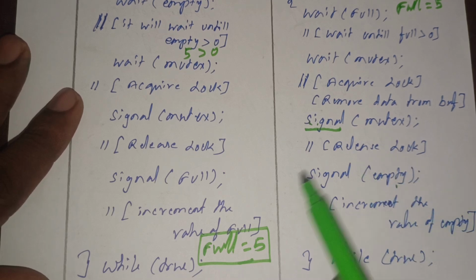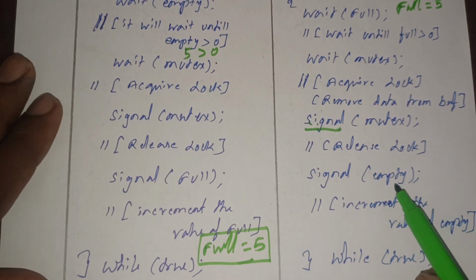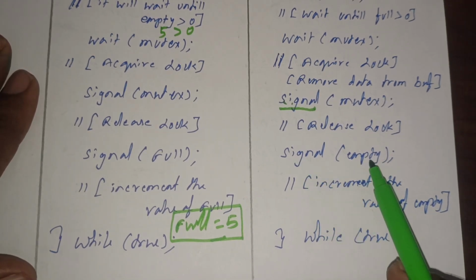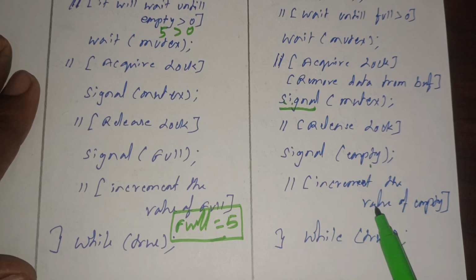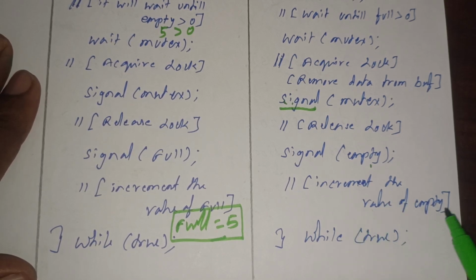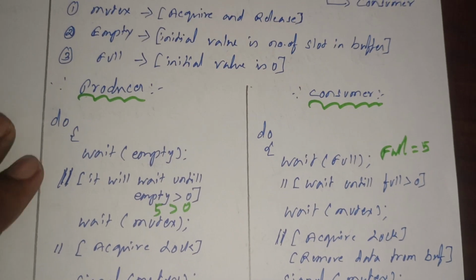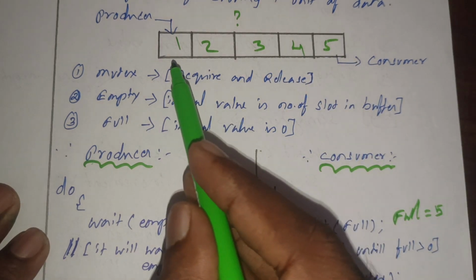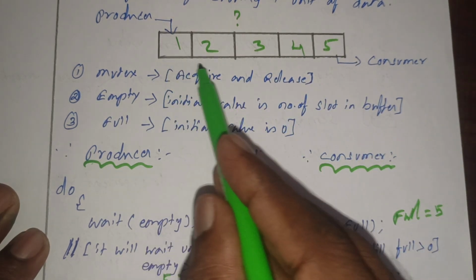What happens? The slot is empty now. So I am going to call this empty here. When signal empty is called, this consumer will increment the value of empty, right? Initially the value of empty is 0, and after that the value of empty will become what? 5 now. Say for example, how many slots are here? Say for example 1 2 3 4 5. Now I need to increase. So after consuming